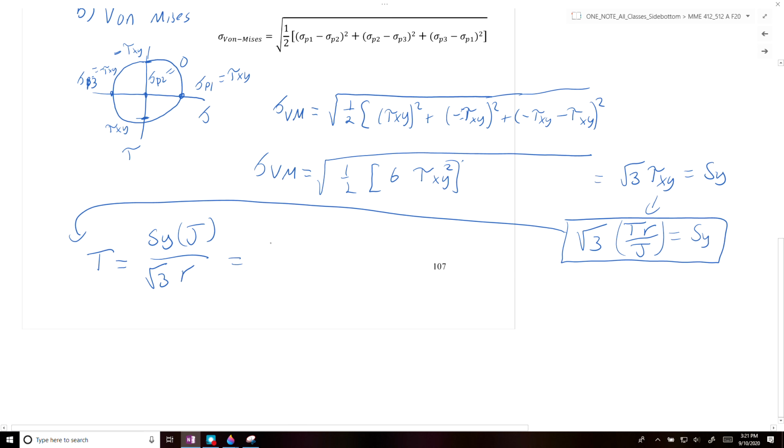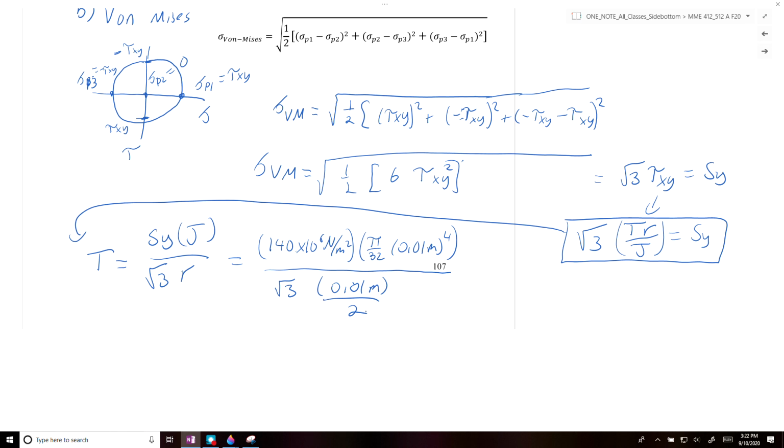If we plug in everything, we get 140 times 10 to the 6th newtons per meter squared for the yield strength times J, which is pi over 32 times 0.01 meters to the 4th. The denominator is radical 3 times 0.01 meters divided by 2. If we evaluate everything, we get 15.9